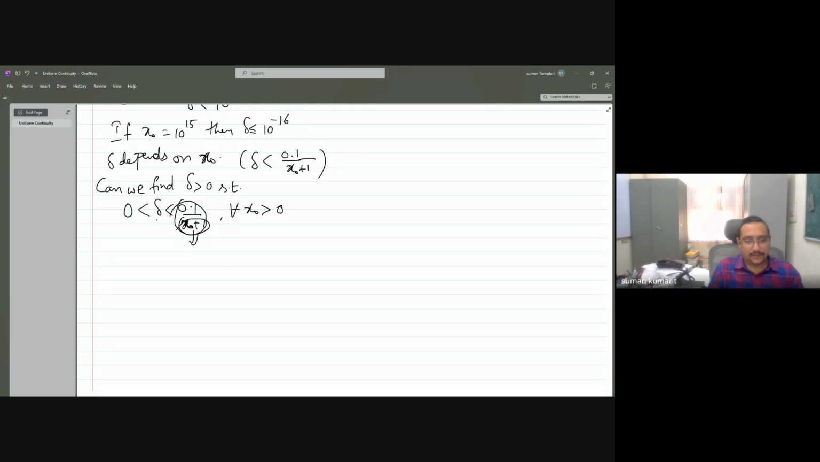And this guy goes to 0, and this is anyhow 0. So by sandwich lemma, where does this delta go? As x naught becomes larger and larger, this delta is going to 0. So the answer for this question is no. We can't find. Another way of asking the same question is, can we find a uniform delta positive